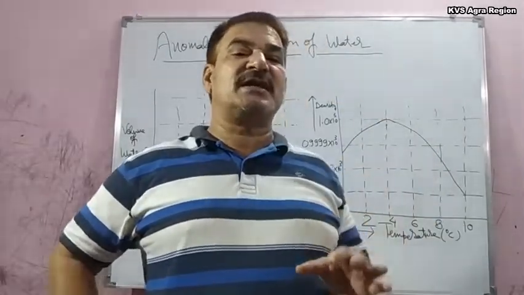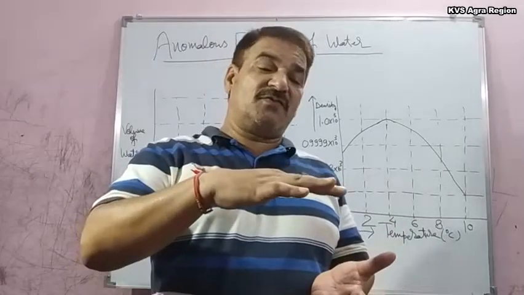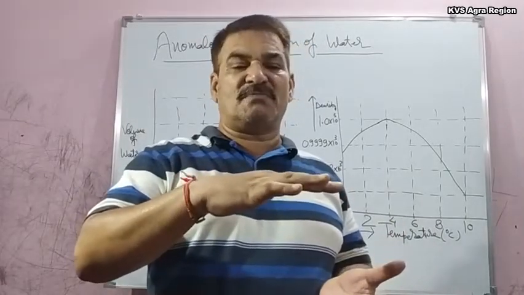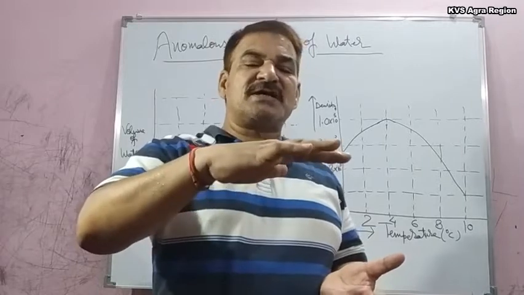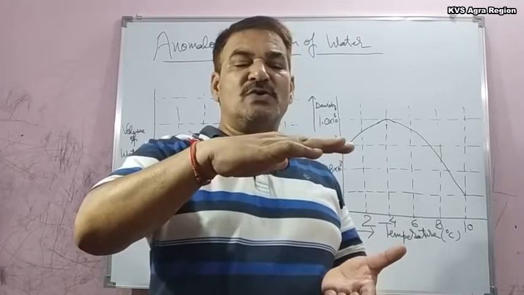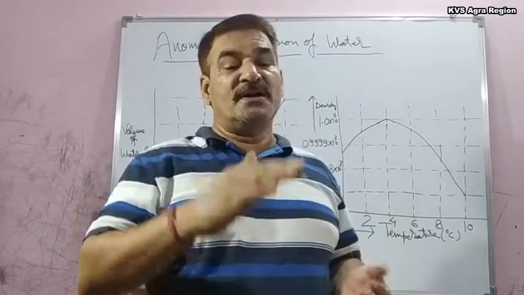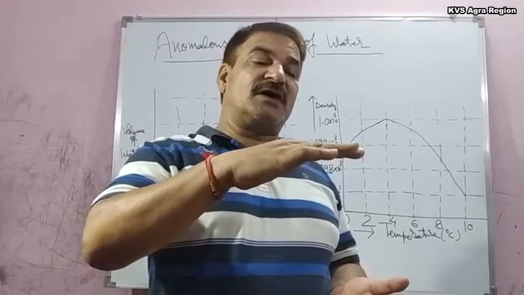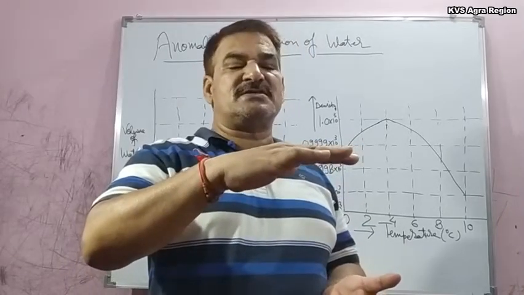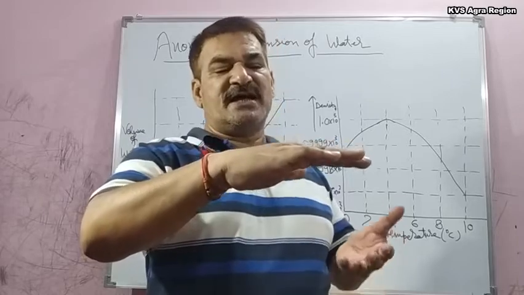Water of a water body, a tank or a river or sea starts cooling down from the top. So when the temperature of the top water becomes 4 degrees Celsius, its density increases and this water goes